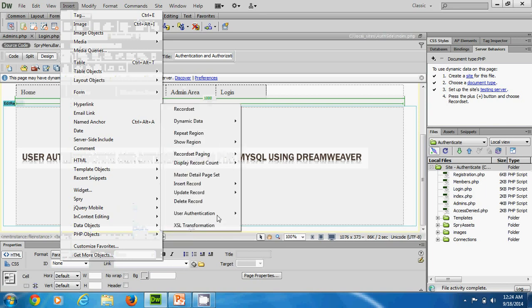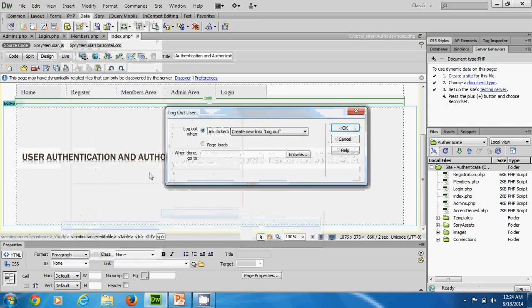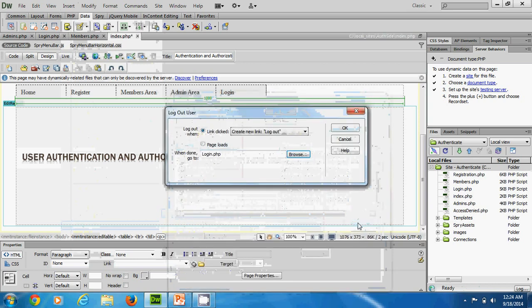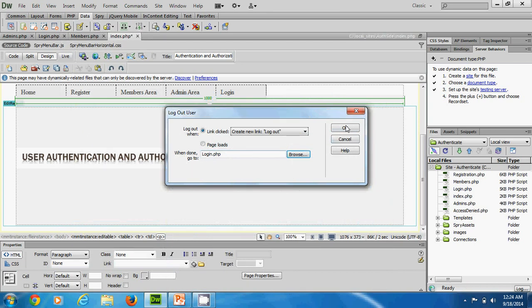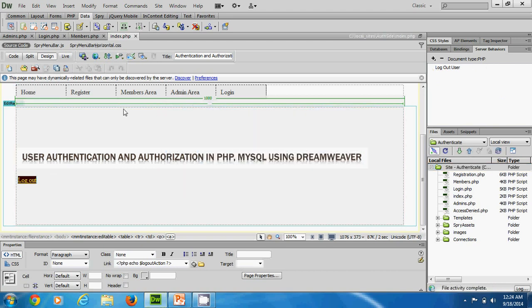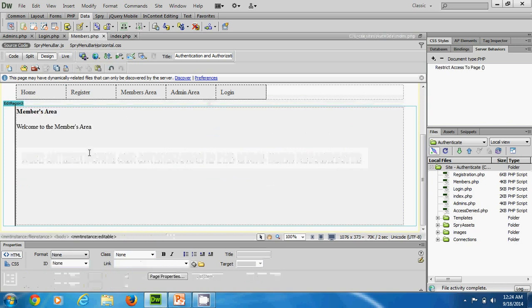data object, user authentication, logout user when a link is clicked, and when you log out it throws us back to the login page, and that will just be fine. I have this logout here in the home page. Okay, so if I upload this now and I preview the site,